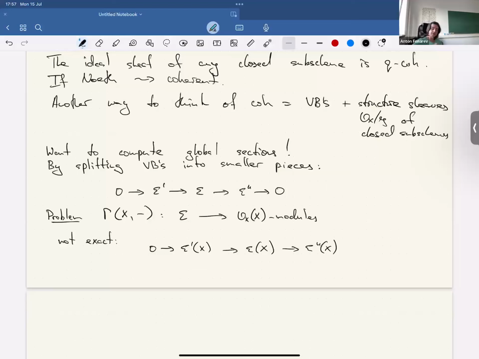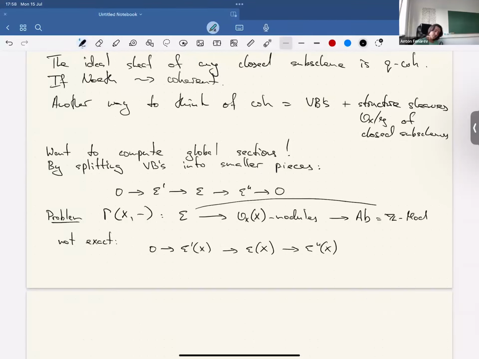Actually, remark that this functor not only goes to modules, you can forget the module structure and go straight to abelian groups, which is the same as Z-modules. And then this functor is still not exact, because the only thing we did is forget the module structure. Well, no problem: exactness does not depend on the module structure. I mean, being an exact sequence of modules requires it, but the underlying kernels and cokernels are defined solely in terms of the addition structure, meaning abelian groups. And